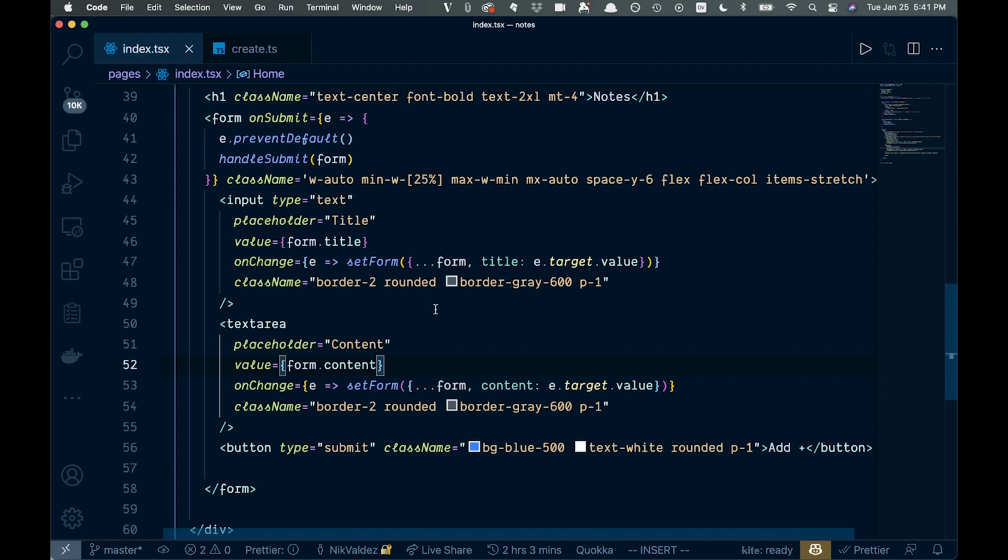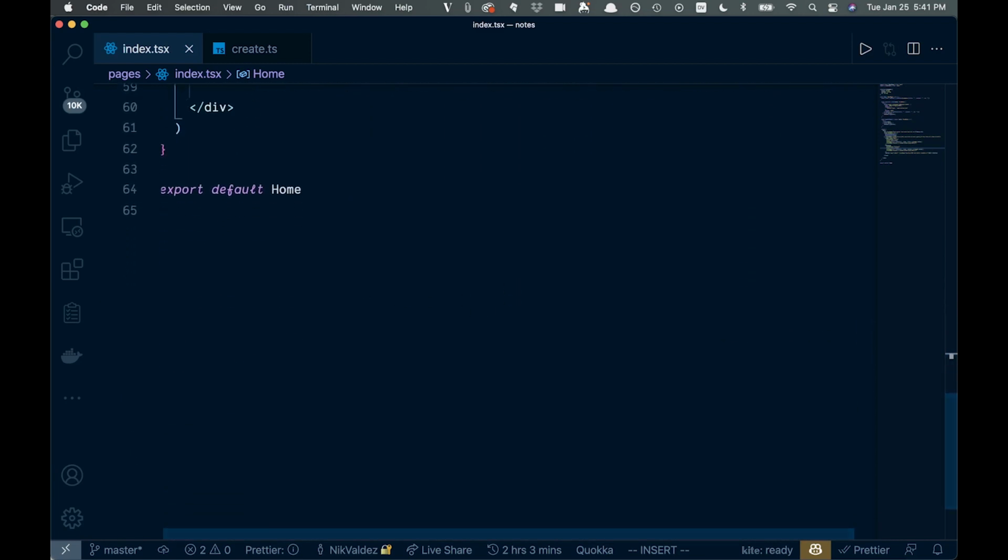All right, so in order to fetch the data, we're going to have to use something called getServerSideProps. Because Next is server-side rendered, we're going to use this, and we don't have to deal with stuff like CORS issues and all that type of stuff, which is nice, but it does add a little bit of extra markup right here. So we're going to come down below here,